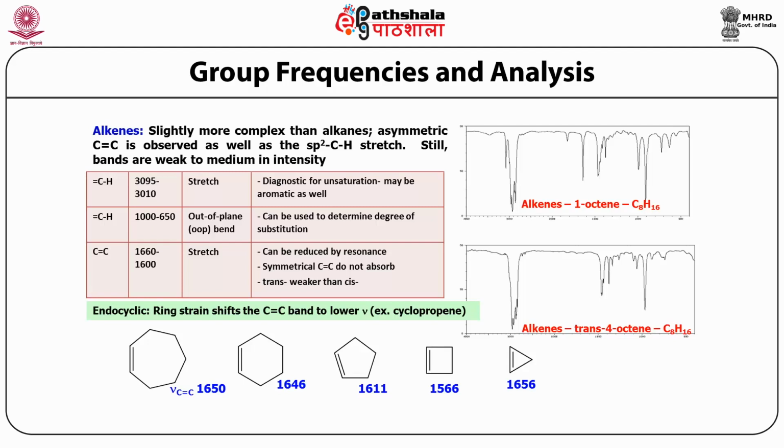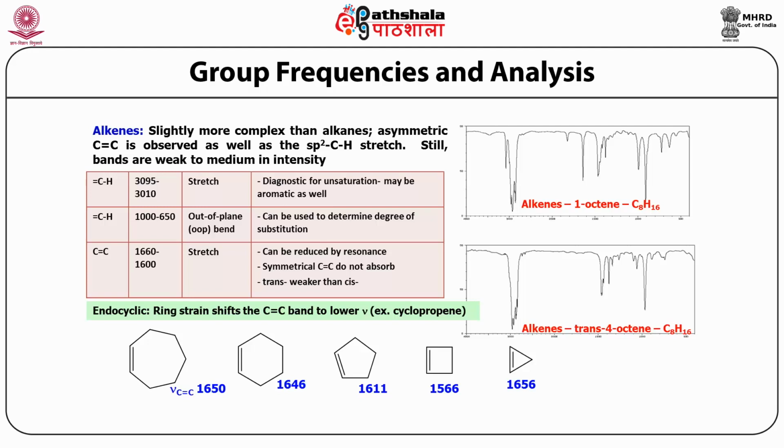In the table you can see the carbon-hydrogen single bond gives a stretching vibration around 3095 to 3010, which is diagnostic for unsaturation, maybe aromatic as well. The CH out-of-plane bending gives a frequency of 1000 to 650